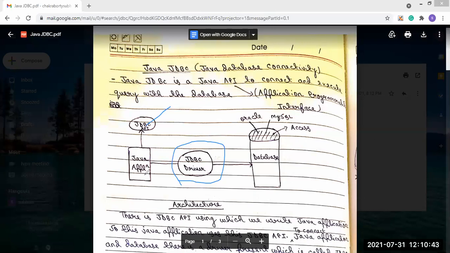The JDBC driver is used, and the database may be anything: Oracle, MySQL, MS Access, whatever it may be. Now, we will see the steps to connect to the database in Java.